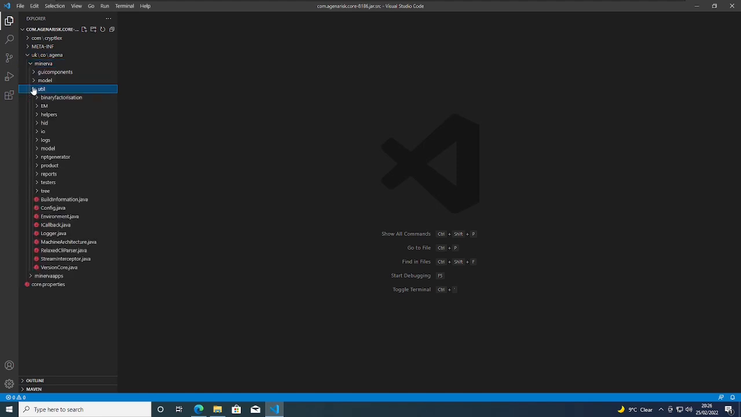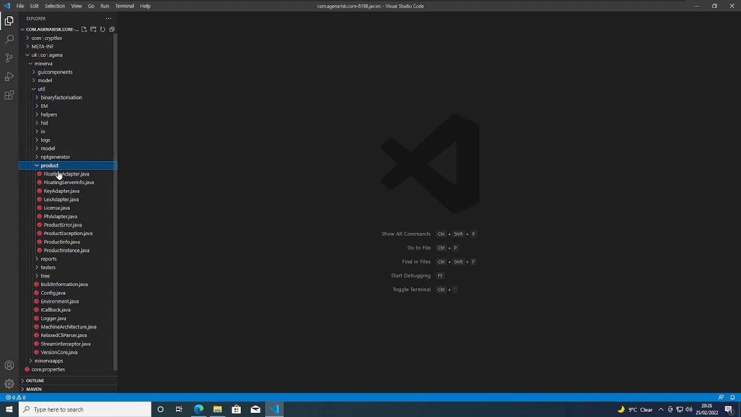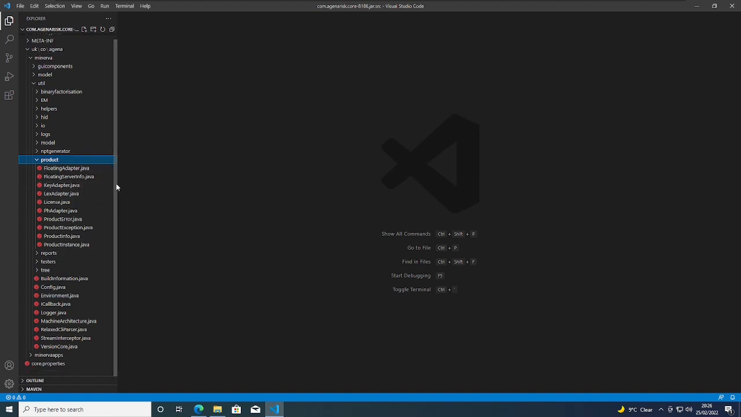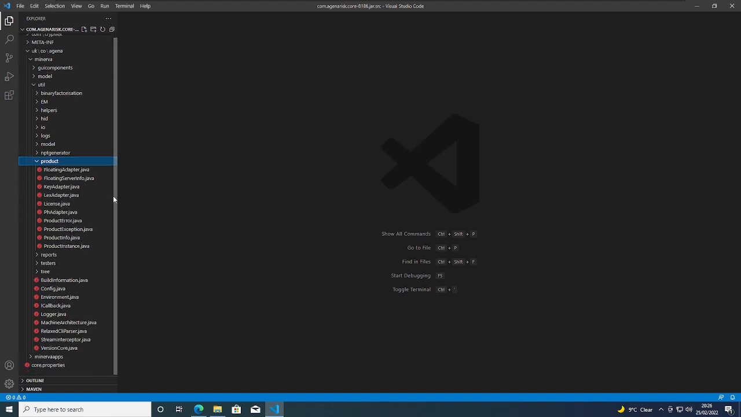We go under util, I believe. Yeah, util. Then we go into product, and then we have product information. All of this is really just, obviously, activation and stuff like that. Okay, so I'm not entirely sure which of these bits are necessary and which aren't, but this is